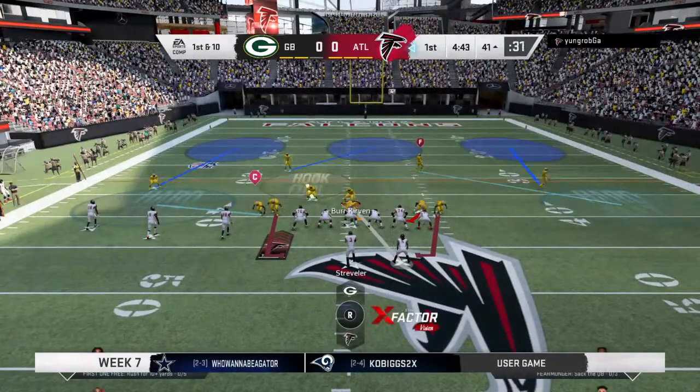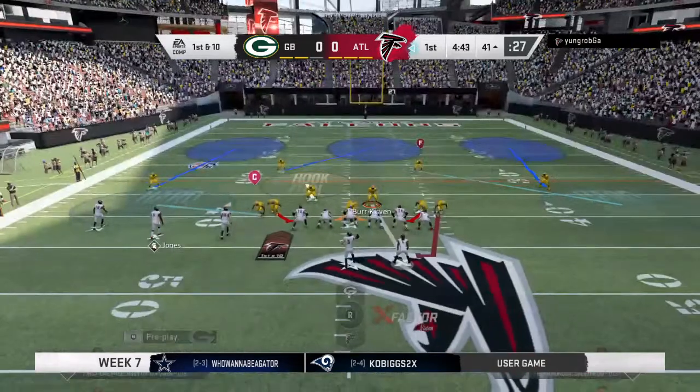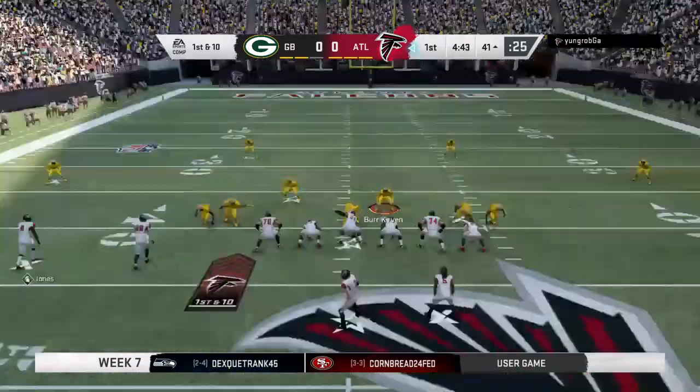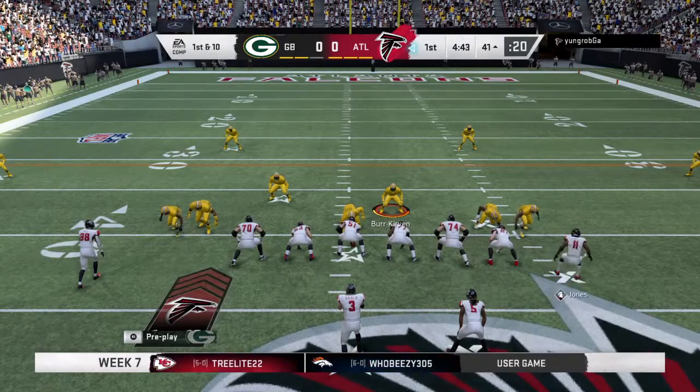22 jet bomber. Hey, High 7. Go. Watch Mike. Hey, D-line, let's get in there. Let's get in there,